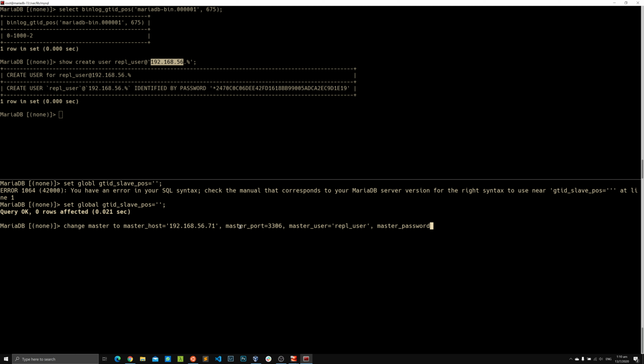And we already have a master user, and what comes next is of course the master password. So all the parameters start with master, right? Master host with the host name, master port is the port number, master user is the username, and master password is of course the password. And we have our super secure password, which is password as well. And the last one we are going to say is